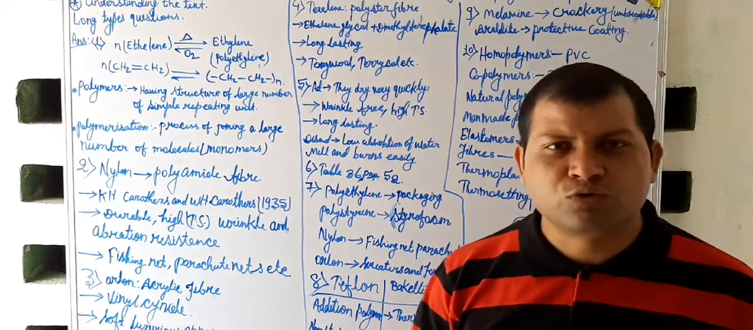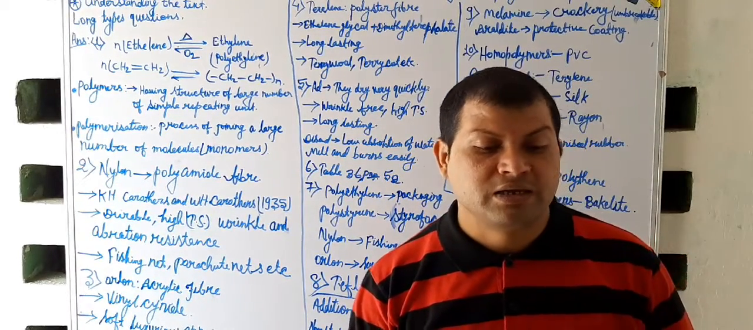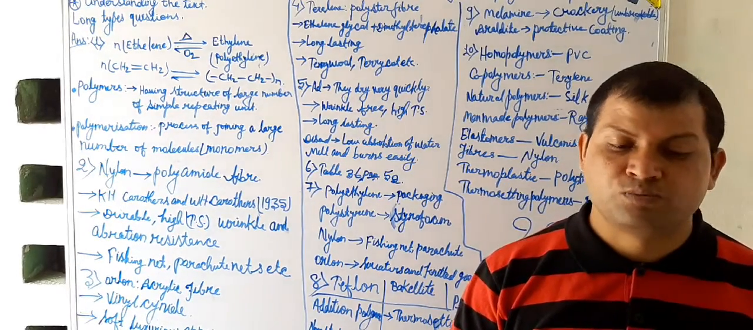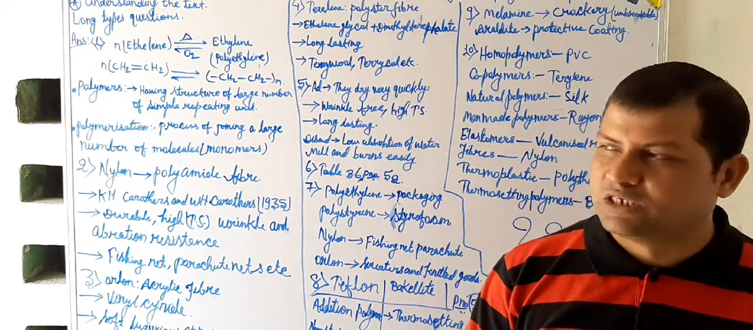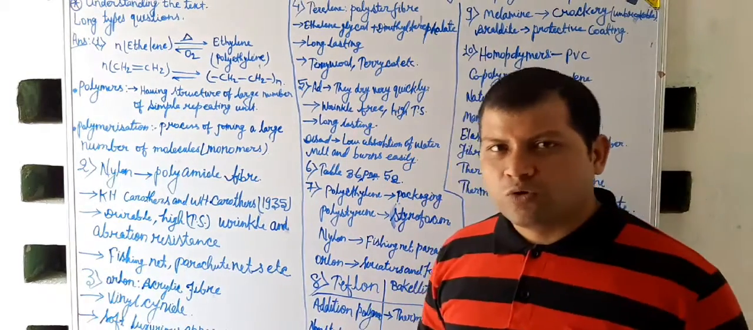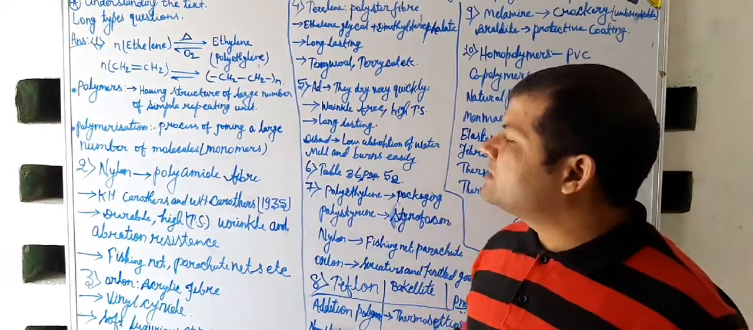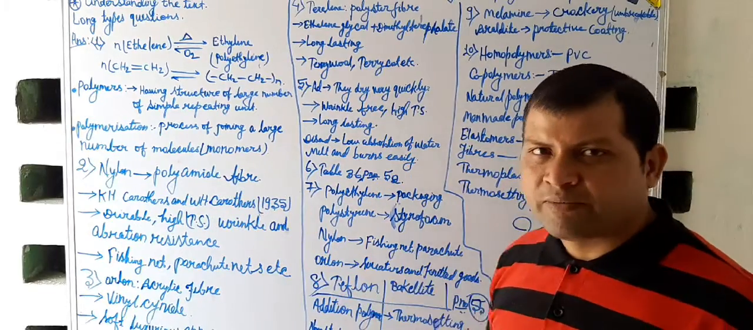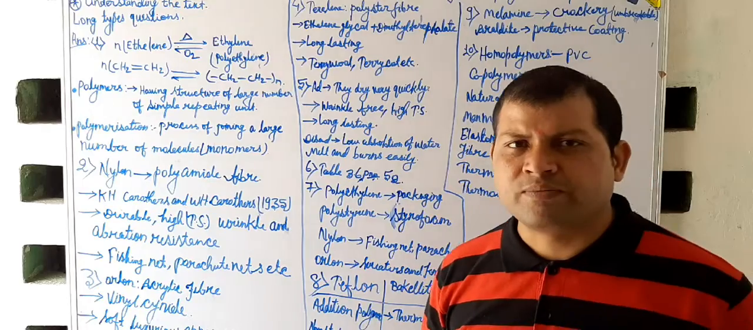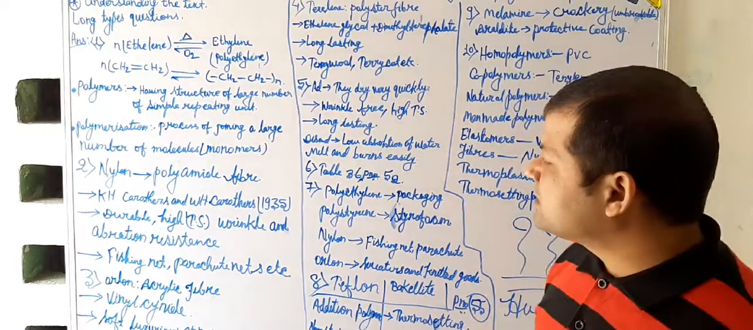Now move towards question number two. Here it is asked: what is nylon? Discuss its properties and usage. So, as you know, nylon is a polyamide fiber. It was discovered in 1935 by